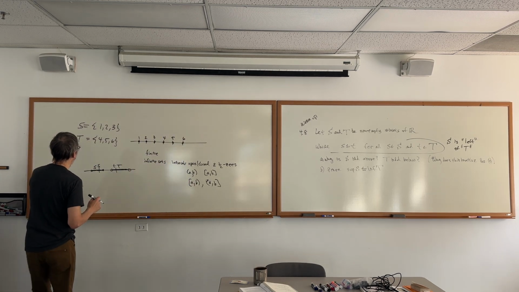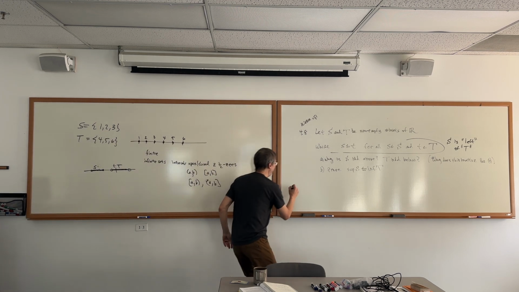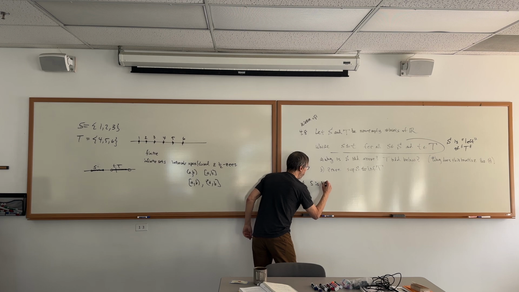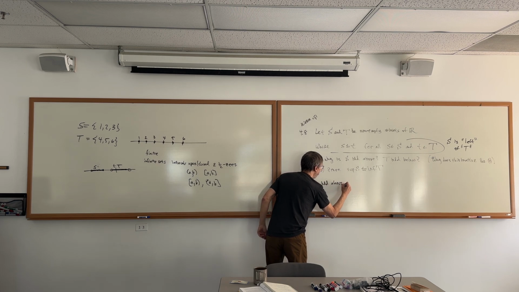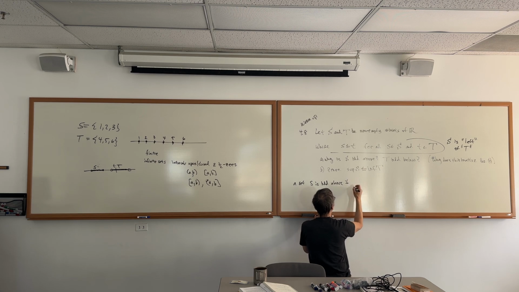I guess I just looked at the definition. Cool. Yeah, let's look at it. Okay, so a set S is bounded above, and what was that definition? If S is a subset of the reals and S is non-empty, and if x is less than or equal to M for all x in S, then M is an upper bound.